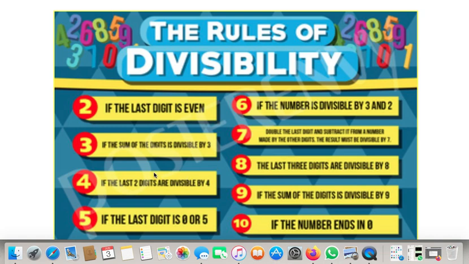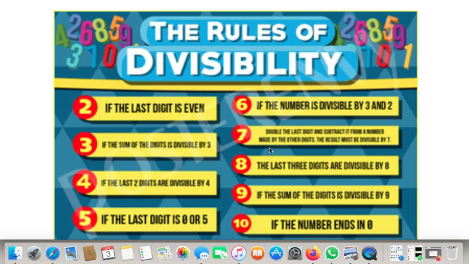Next, question number 4. Now pay attention. Fourth question. The divisibility rule is not here, but do we know? Yes. The divisibility rule by 11 says we will take all the odd place digits and even place digits. We start from one side. First the unit place digit is odd, then even, odd, even, like that. Sum of all the odd place digits, sum of all the even place digits, and then we will find the difference of the two. If the difference is 0 or it is divisible by 11, we will say the number is also divisible by 11. So you'll do the first part, question number 1 to 5, as homework.